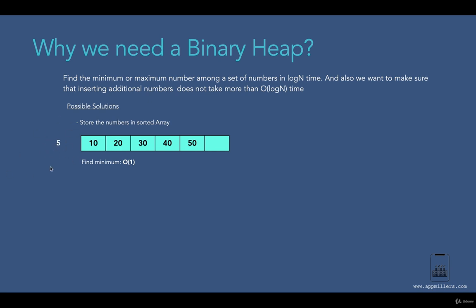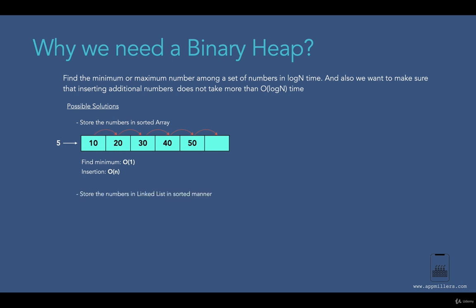So let's say we have an element of 5 over here, and we want to insert it into this binary heap over here. Now, when we are inserting this one, if this is a sorted array, we have to insert it at the beginning of the array. So if we want to insert it at the beginning of the array, all these elements over here must shift one step right. So in this case, it will take O(n) time complexity. Now you can see that the second part of this problem over here is violated. So this means that array implementation is not the solution for our case.